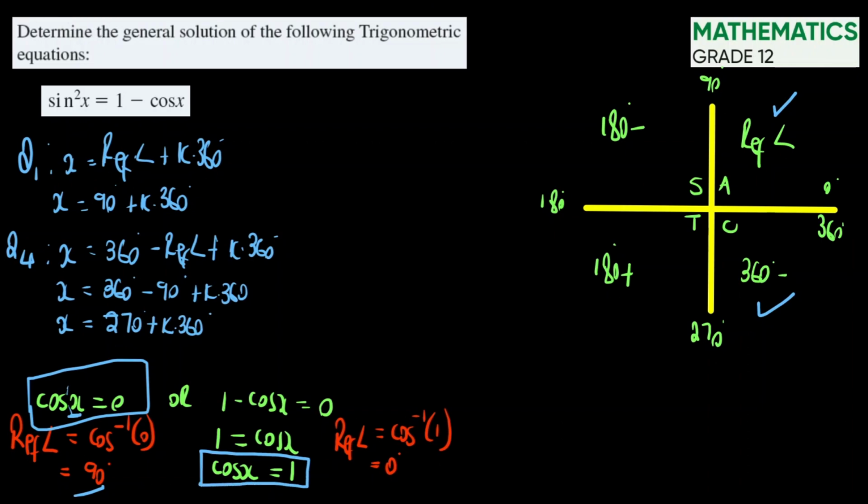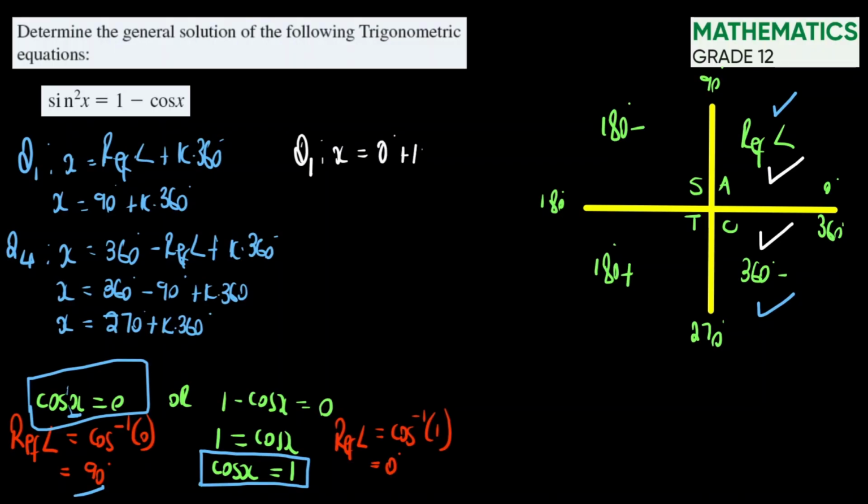How do we go about that? Cos of x is equal to 1. It's where cos is positive. It's positive in the first quadrant, and it's also positive in the fourth quadrant. So it will be Q1. First quadrant, as we said, will be x is equal to the reference angle, and the reference angle here is